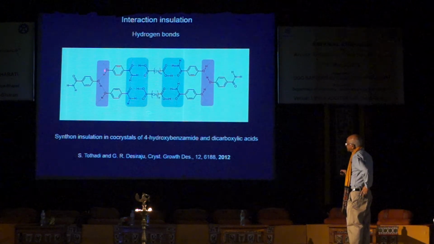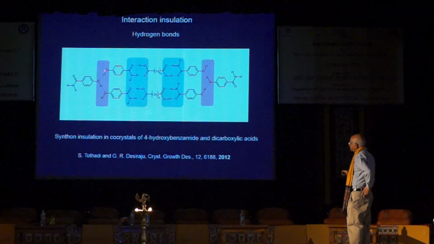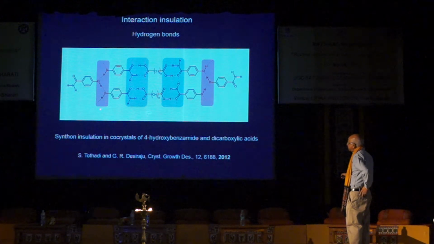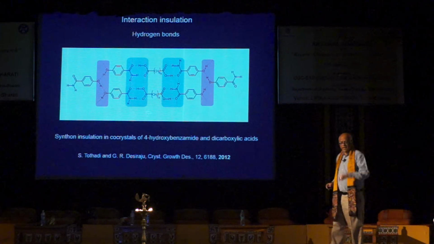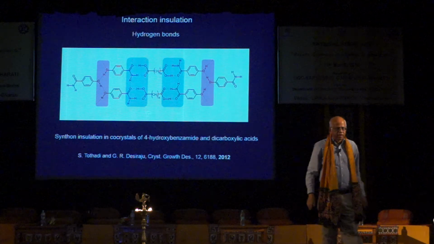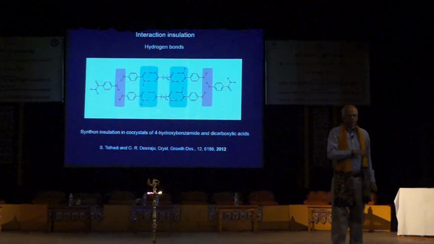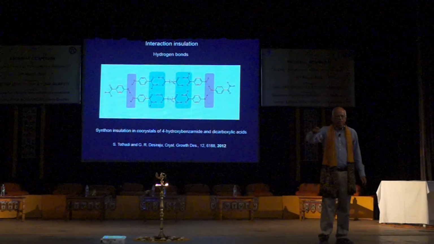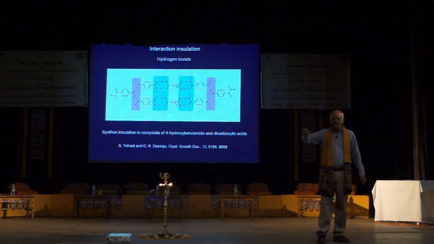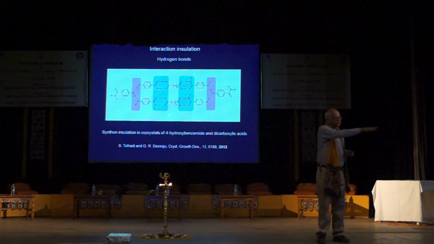You've got another hydrogen bonding group, this phenolic OH. This is forming this hydrogen bond with itself, this pink synthon, like gamma hydroquinone. You remember I showed you that gamma hydroquinone with OH, OH, OH, OH. So phenolic OH prefers to go with itself. It doesn't come and start hydrogen bonding with the acid and with the amide and doing all those. So the acid and amide does their story, the phenol does its story.